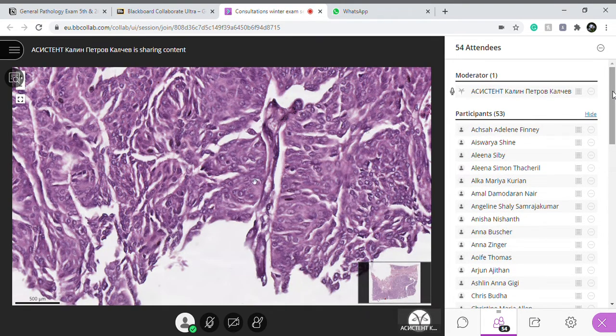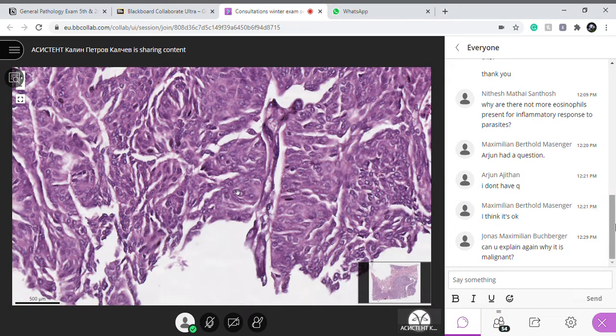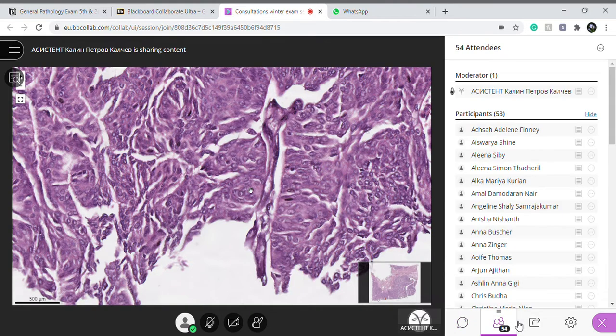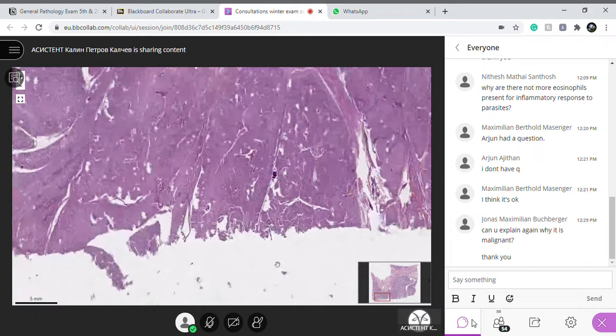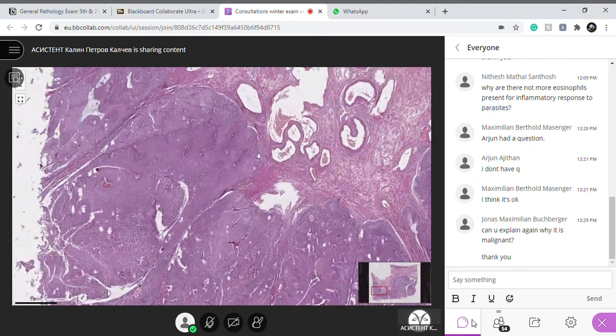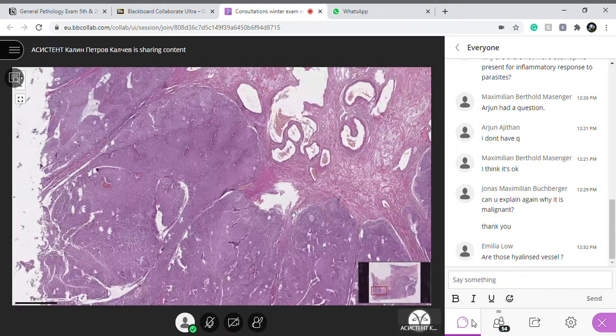These features are features of nuclear and cellular atypia that we see only in malignant cells, and this is why we define that as a malignant tumor. It lacks only one property that is the most important for malignant tumors. This is the invasive growth. But well, we define this as a cancer of the bladder, although there is no